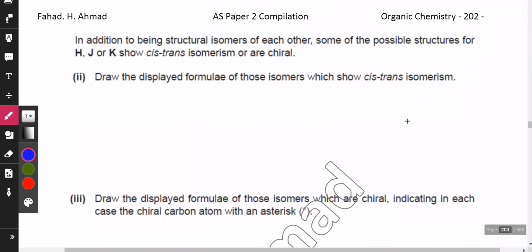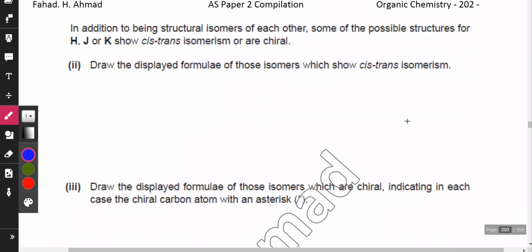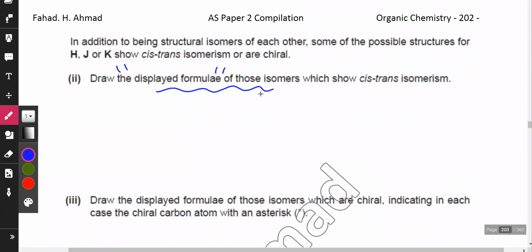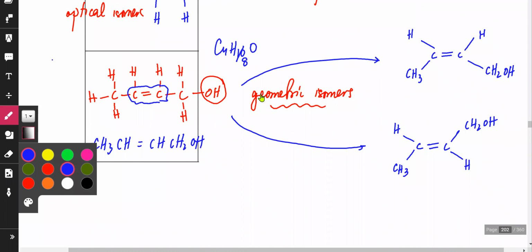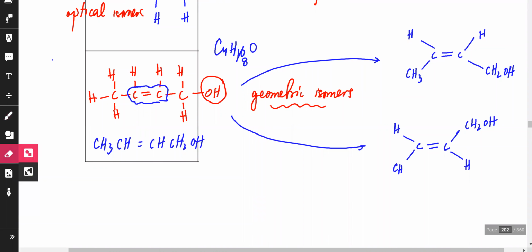Yes. And now he's saying draw the displayed formula. When you talk about the displayed formula, you have to show all the bonds, every single bond, including the ones showing cis-trans isomerism. We did draw them, but not the displayed formula. You don't draw CH3, you draw C with all 3 H's. So just make that change. CH2OH over there,